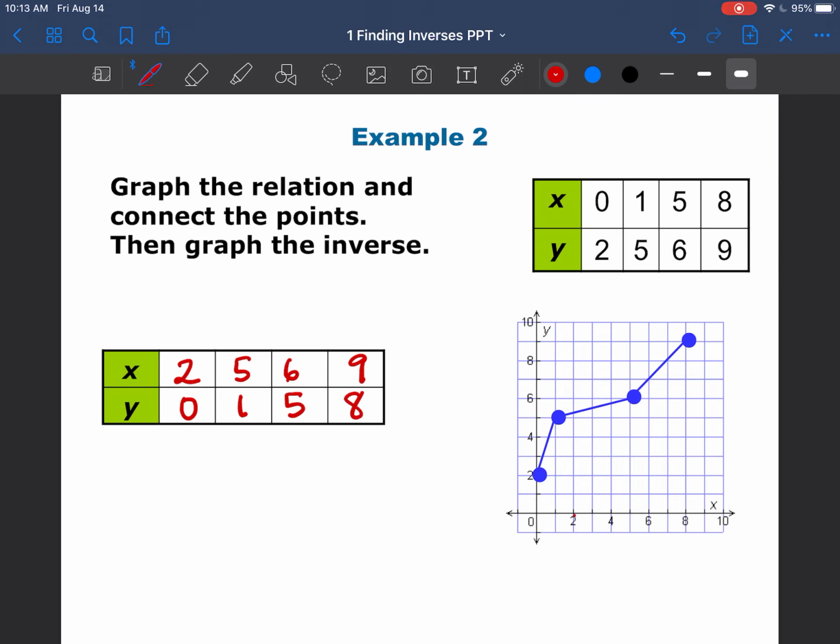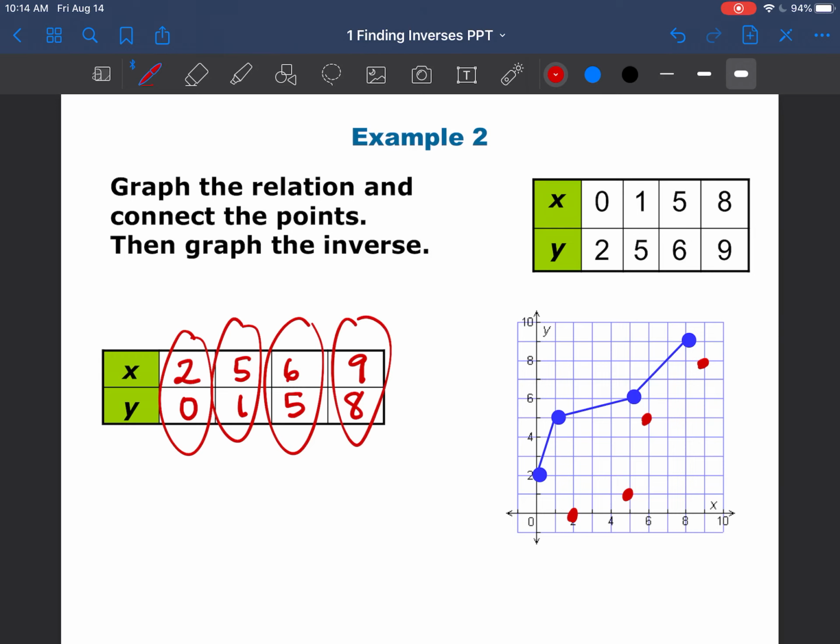And so if I graph this, I now have 2, 0 from this point. I have the point 5, 1 from this point. I have the point 6, 5 from this point, and 9, 8